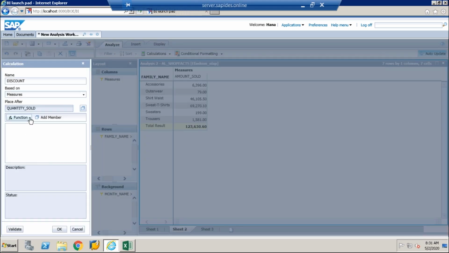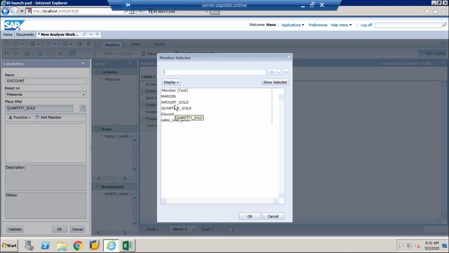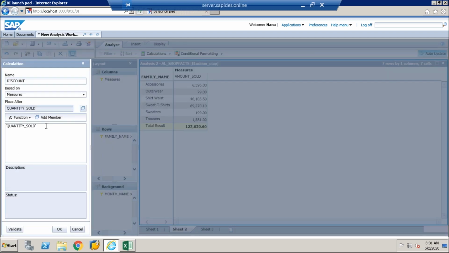Then functions. If you have any other functions, you can use other math functions. I'm creating the discount based on the amount sold, so add the member amount sold, multiplied by 33 divided by 100.